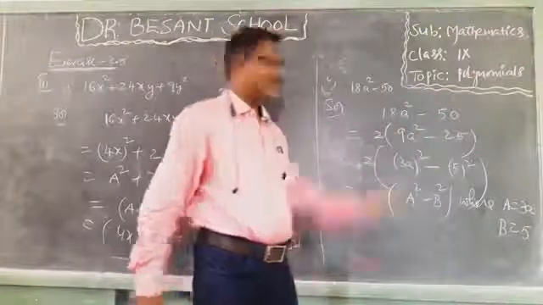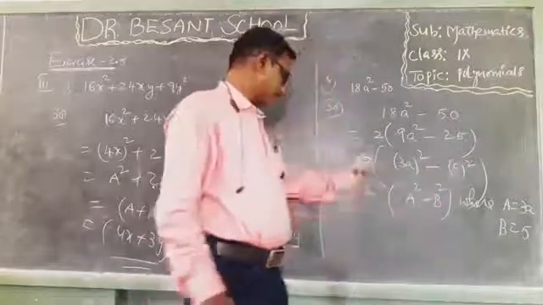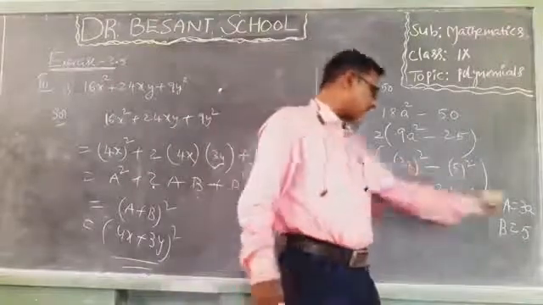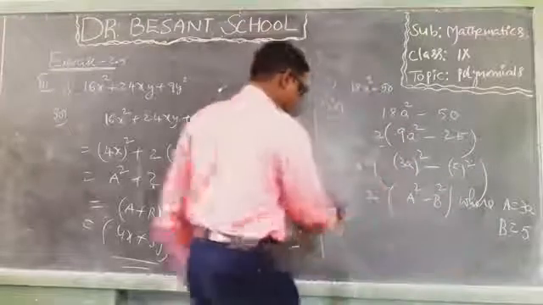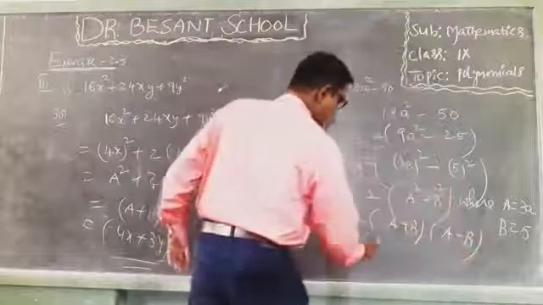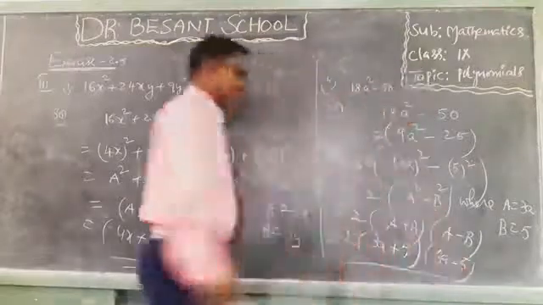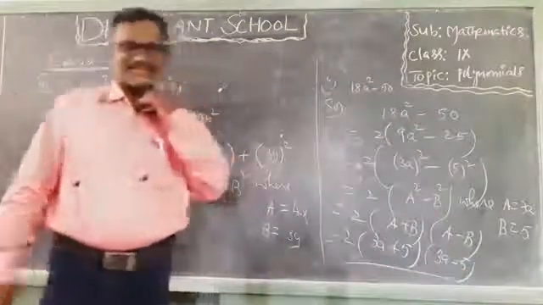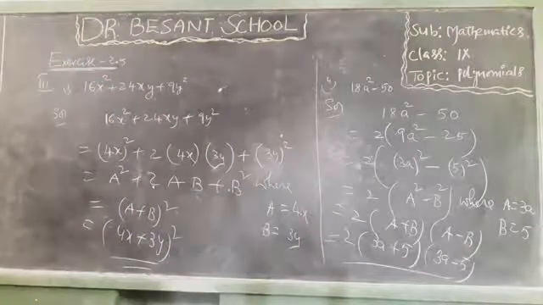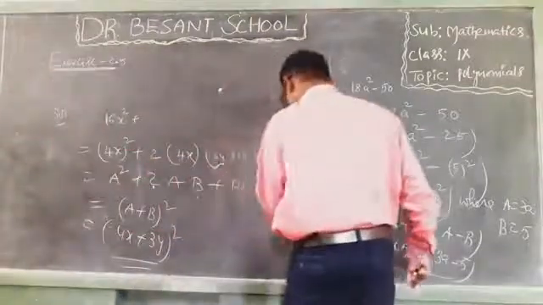As it is, 2 into 9a² can be written as (3a) whole square, minus 25 can be written as 5 whole square. 2 into it is of the form A² − B², where my capital A value is 3a and my capital B value is 5. So 2 into A² − B², formula (A + B)(A − B). Now 2 into (3a + 5)(3a − 5). So your factors are 2 into (3a + 5) into (3a − 5). I hope that you have understood these sums in this Roman. Okay, children. Once you verify this Roman, some other problems are also there.